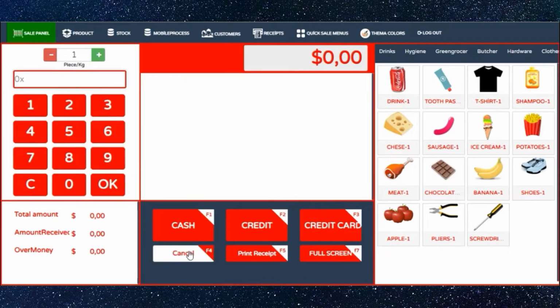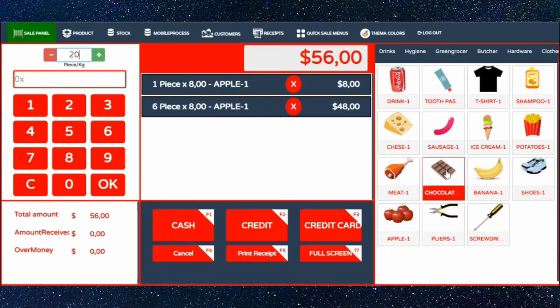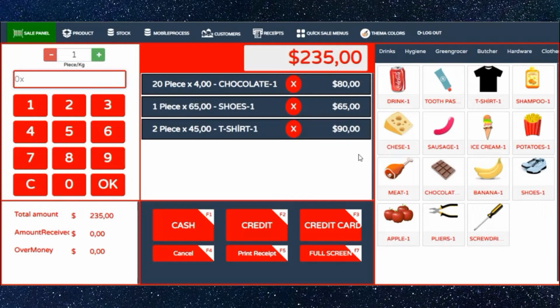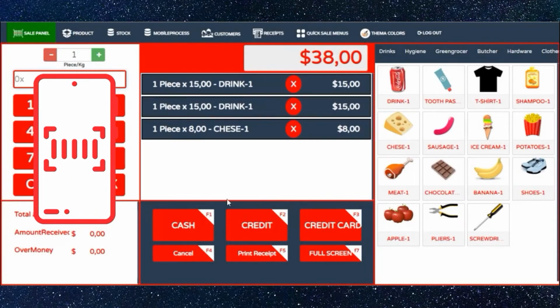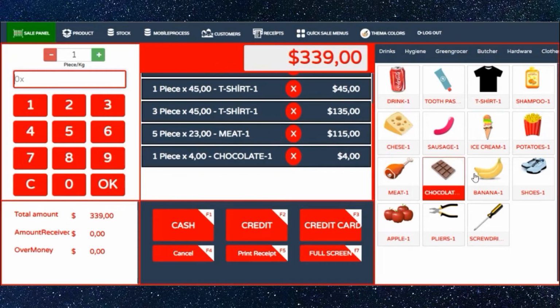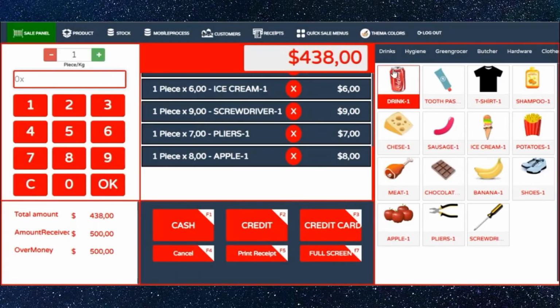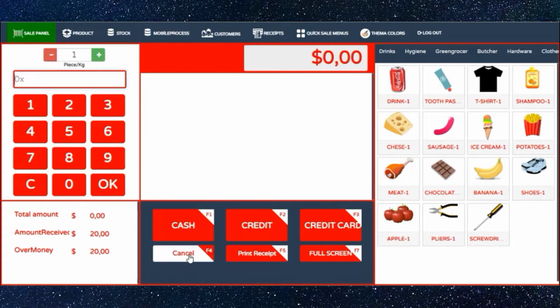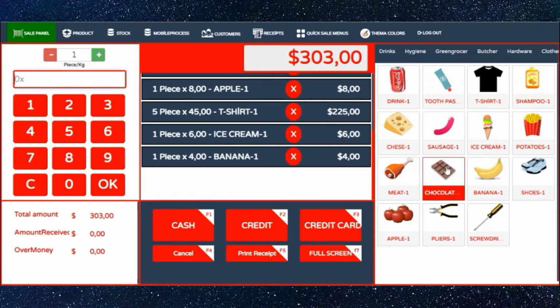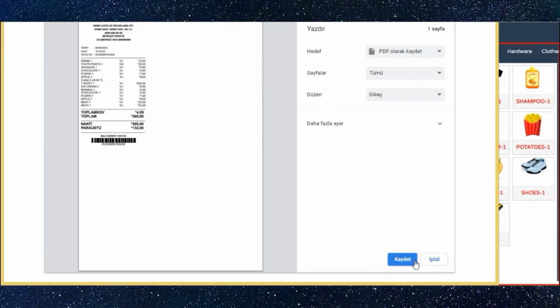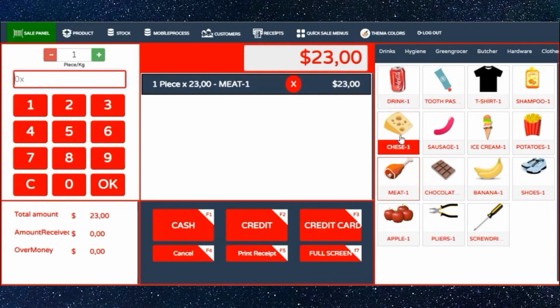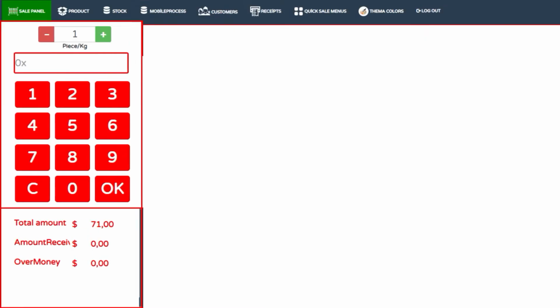We are here to develop a barcode sales program together in this comprehensive training. Barcode sales programs are essential software widely used in the retail sector. Business owners rely on these programs to track sales data, monitor inventory, and manage critical information such as revenue. By joining this training, you'll learn how to develop a customized barcode sales program that caters to the specific needs